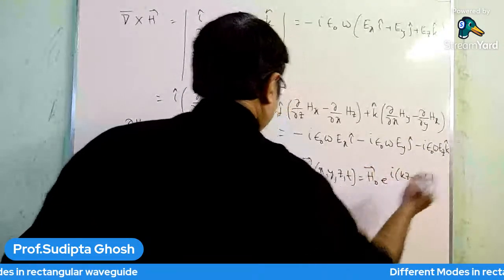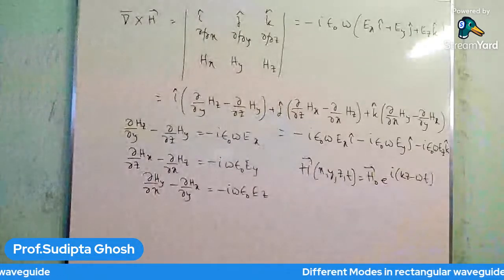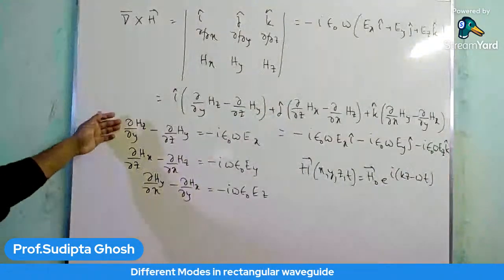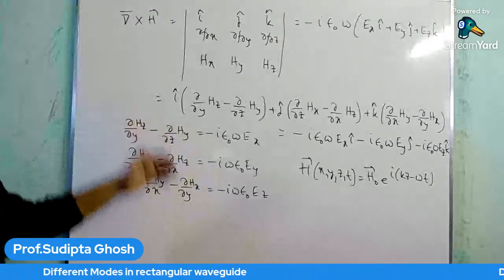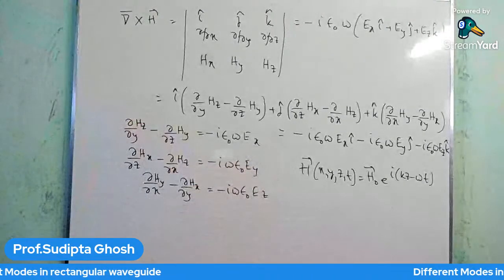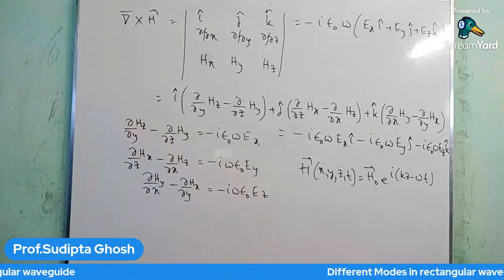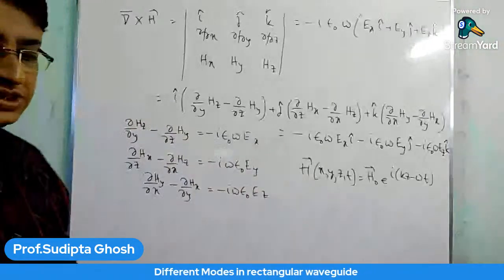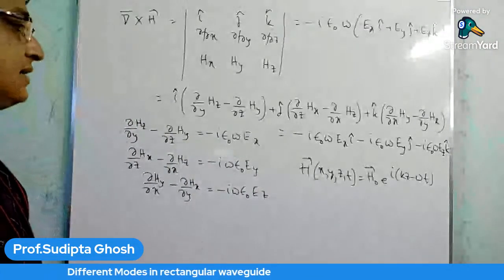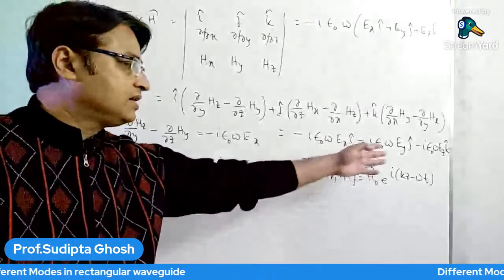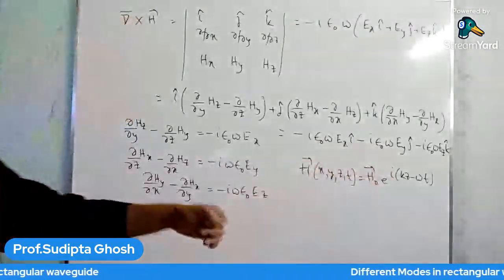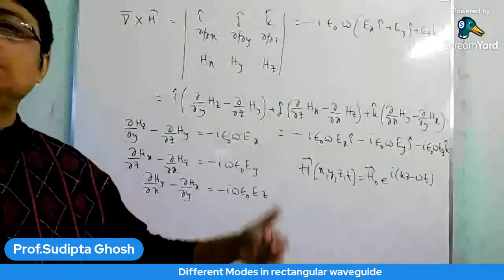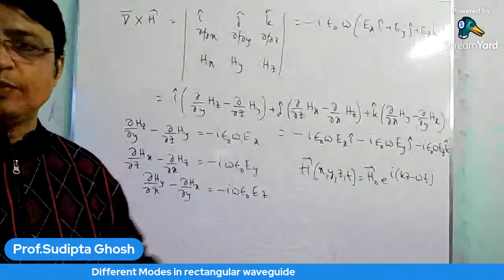So this was the form of H. Now let me find the value of del y of Hz. As the function on the right hand side is a function of z and t only, H0 e to the power i(kz minus omega t),